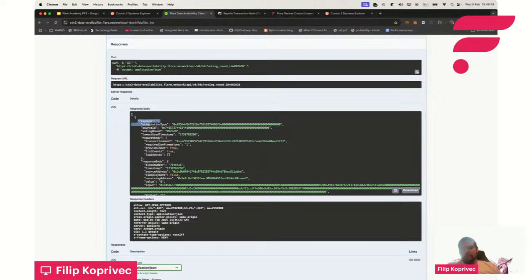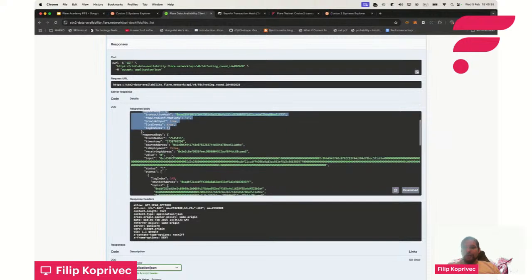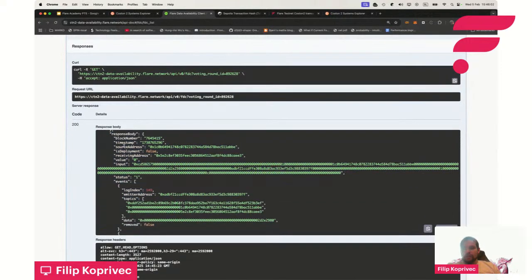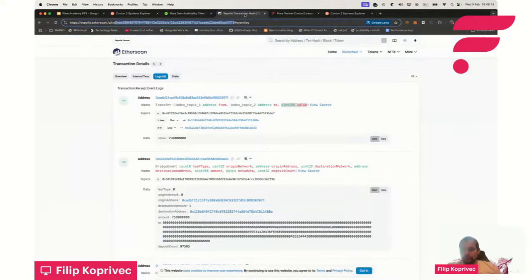So we get a response, attestation type, source ID, lowest used, some metadata, the request body, so what we requested, together with the response, which is a huge JSON. Let's increase this by a bit, which is a huge JSON with all the necessary information about our transaction. So the block number, the timestamp, the source address, and most importantly, directly the events that are in. And if we take a closer look, we're looking at two events emitted by the